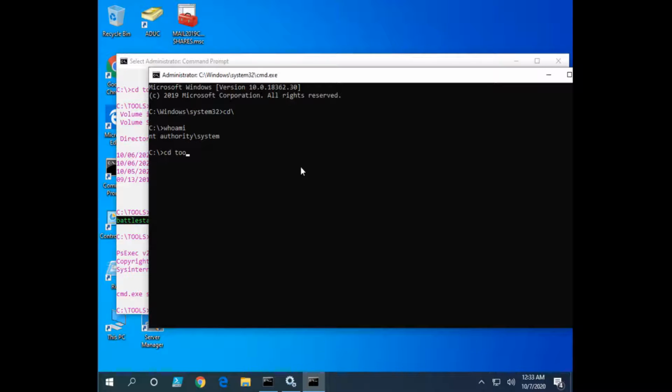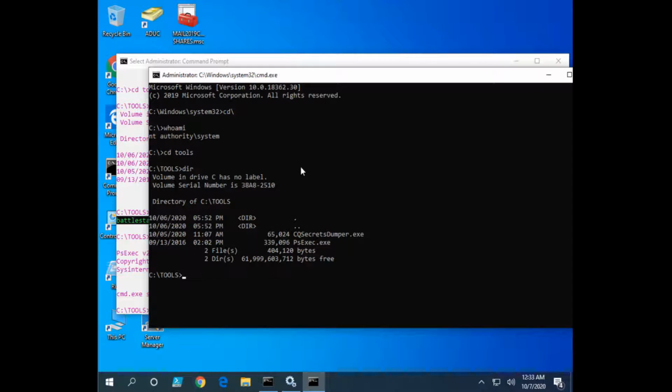And then if I do this, okay, so now I'm going to go into my tools directory, and there is another tool that I downloaded. It's a free tool. It's called cqsecuresecretsdump.exe, okay? And that's from, secure, CQURE, I think it is, but just Google it and you'll find it. So cqsecuresecretsdump.exe, okay? And let's see, the service,